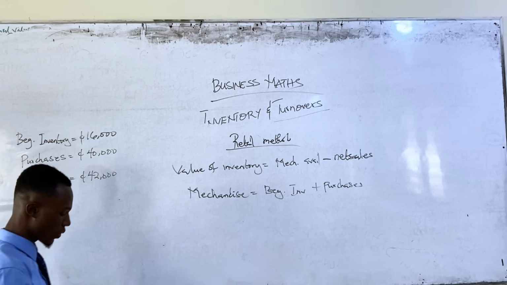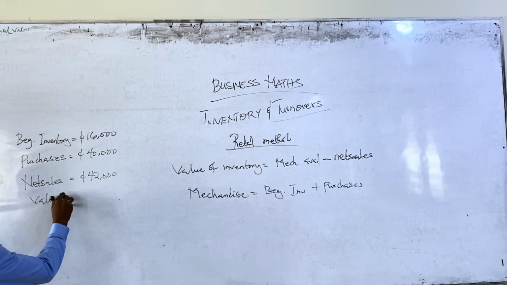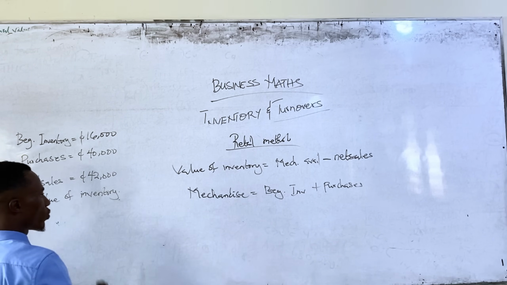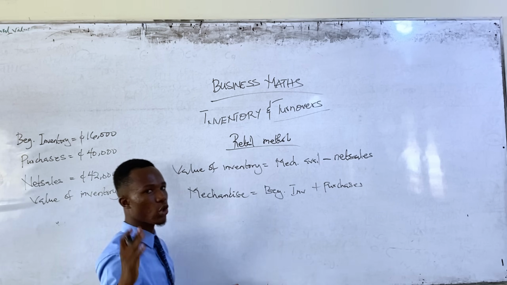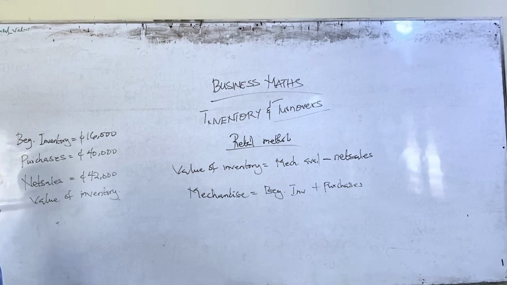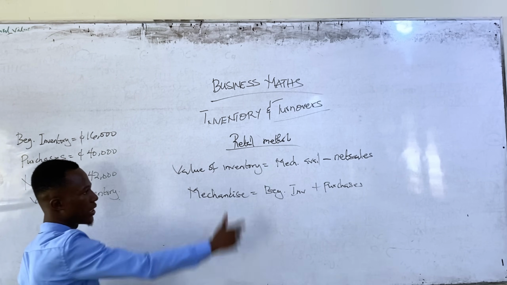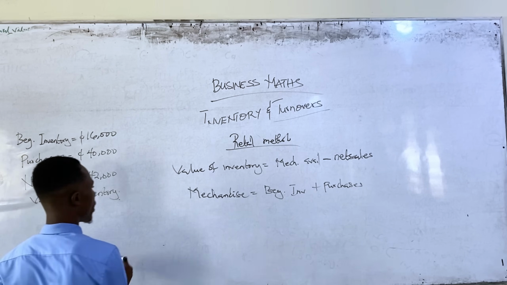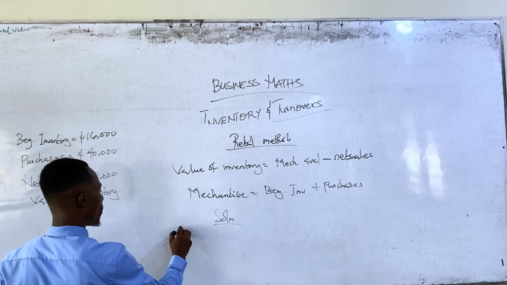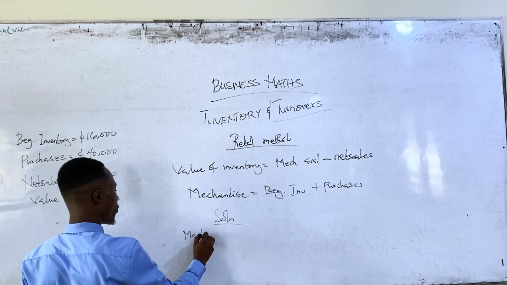So we use the retail method to estimate the value of inventory. So we are going to calculate the value of inventory. And this one is the same as the first one, but in the first one we calculated cost of goods sold. But here, because it is net sales, the net sales will be given in the question, and you just pick the answer there. So the one thing that you are going to calculate is the merchandise available. Okay. So here we say solution, right? We bring our solution here. We say our value of inventory. The formula is here. So our merchandise available for sale